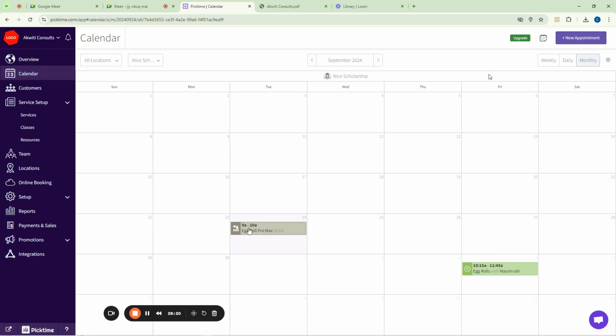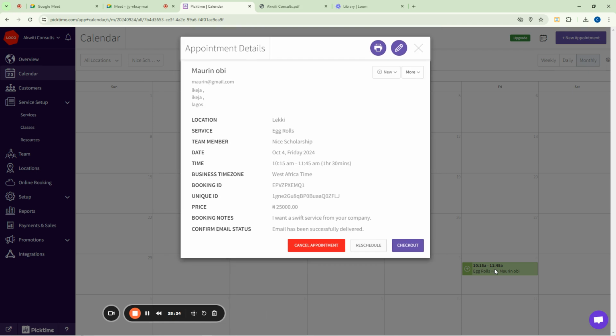So how do we now confirm these things here? Okay, let me go and confirm this. Click on it, and then it will be loading. You see now this is what the person booked. That's Maureen Obi. This is their